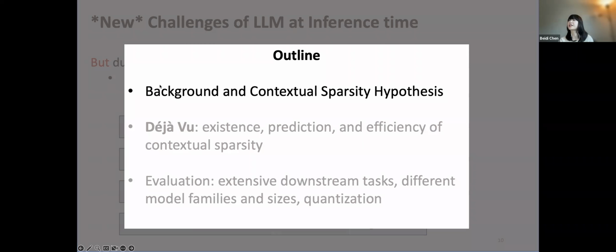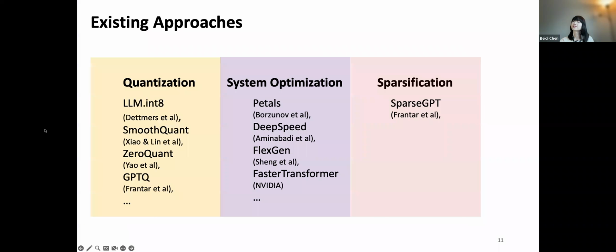Okay, let's get started. There are basically three main directions in the existing literature on making large language models efficient. The first main category is quantization, like the ones you have probably heard of: Int8, SmoothQuant, ZeroQuant, GPTQ, and so on. To give you a sense of what they're actually doing: